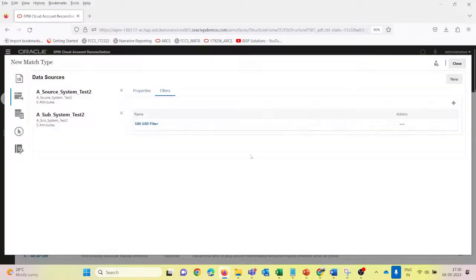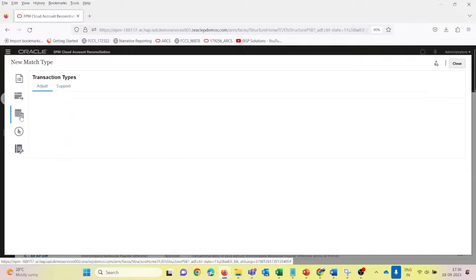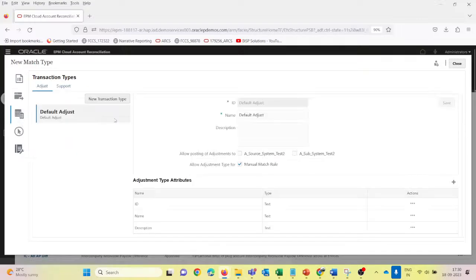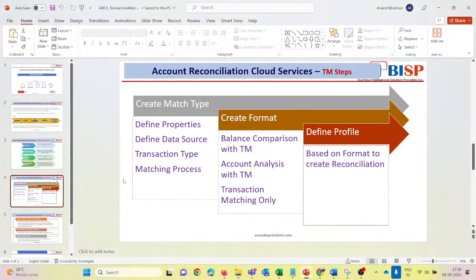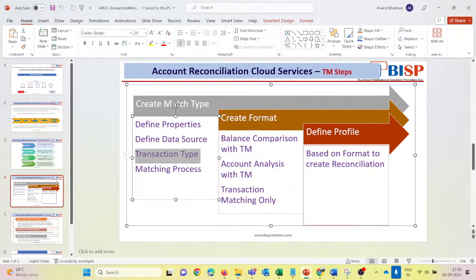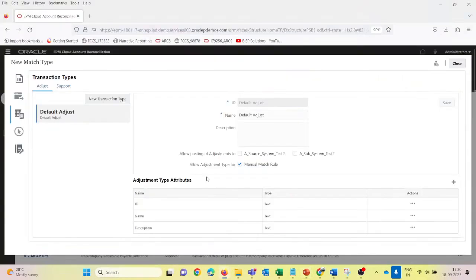So the application will first filter out those transactions, and then it will come to the third tab, that is the transaction types. Under this transaction types, we used to define, so this is the transaction types. We used to define or create